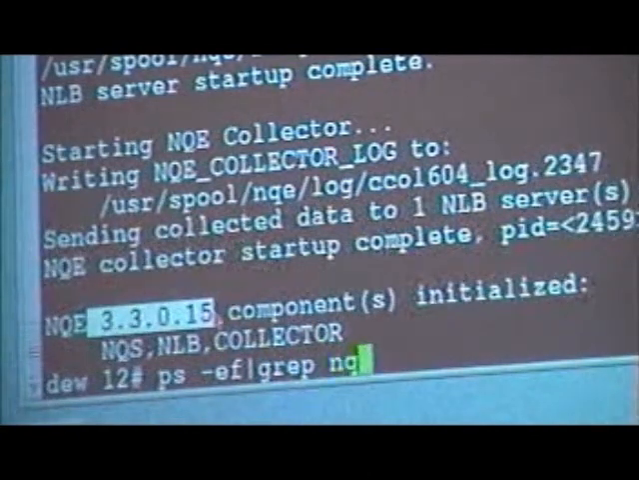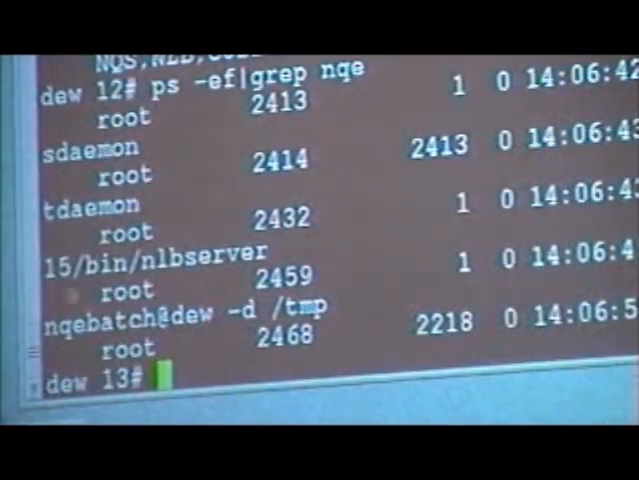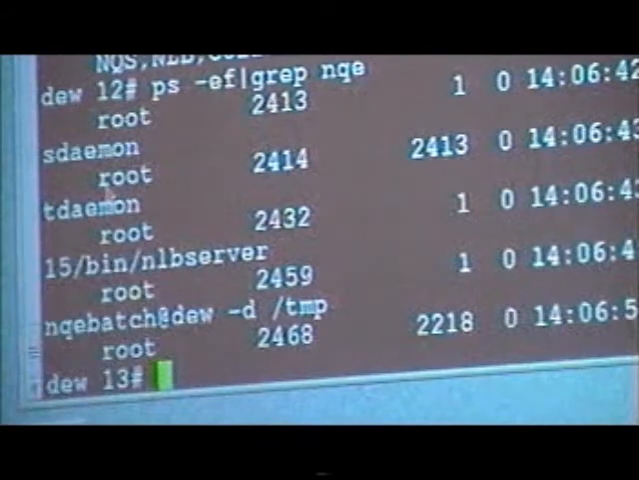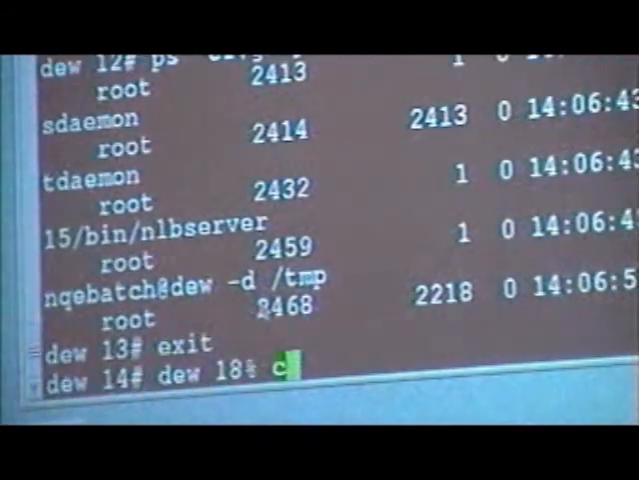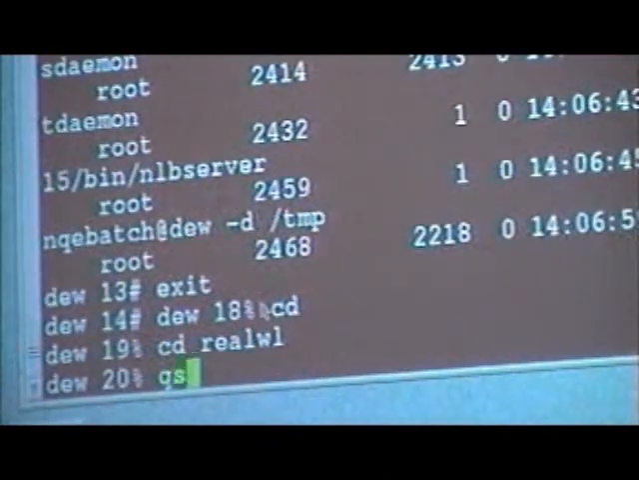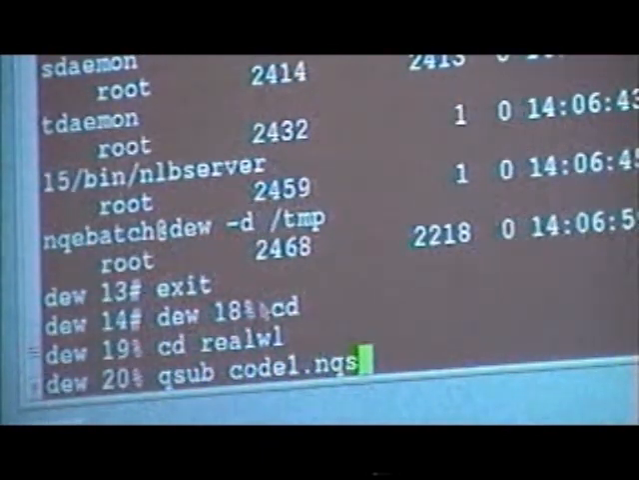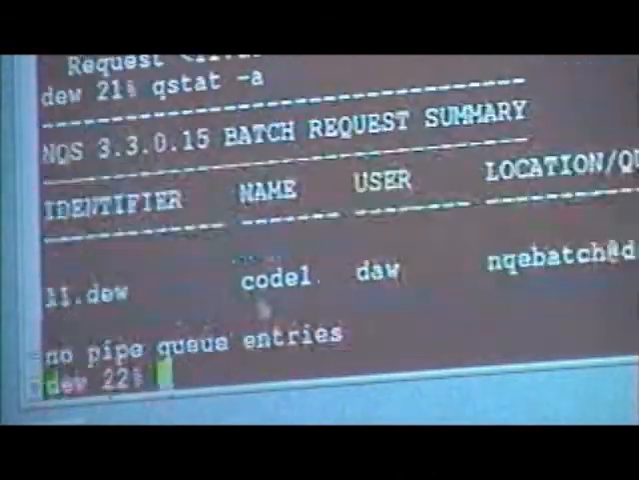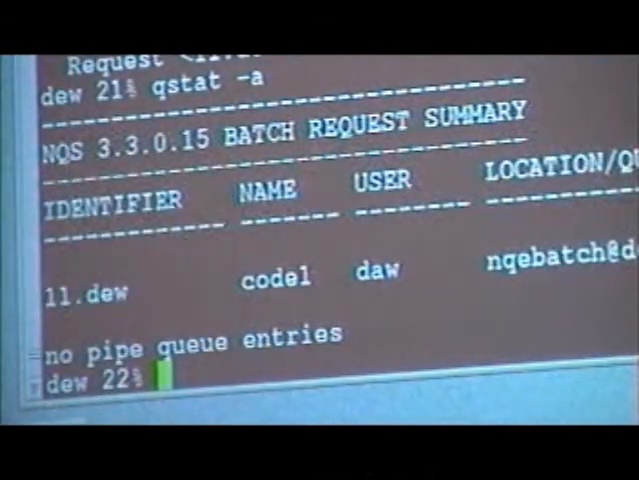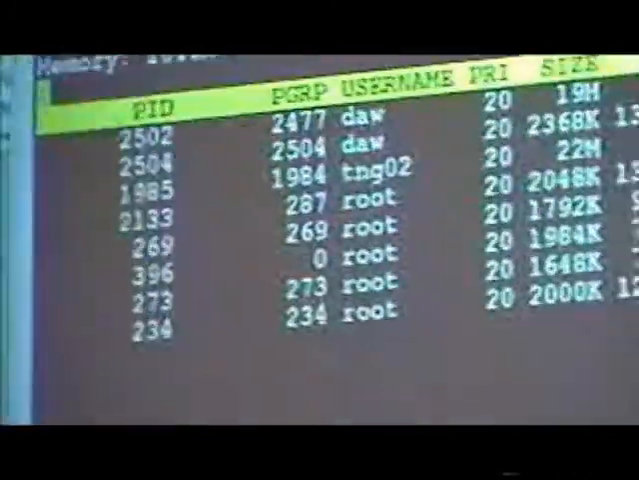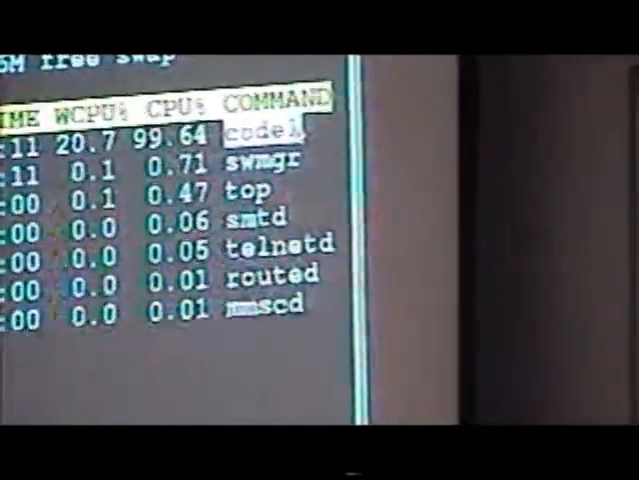ps -ef, I'm going to grep NQE. Okay, so I do have the NQS daemon and the net daemon running, and something called the server and collector. So everything's up and running. Now I'm just going to try again. qsub code1.nqs, qstat -a. Looks like it's running. Up top, and now I can see the thing running, because it was not hitting that process limit that the 16 version had a problem